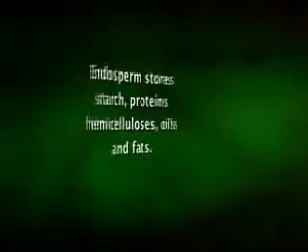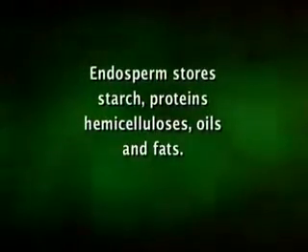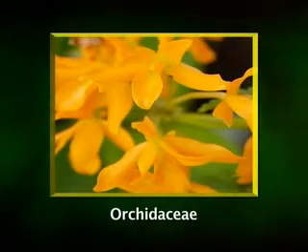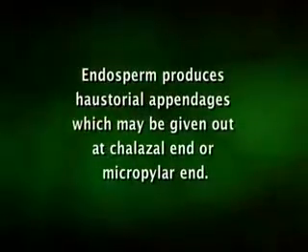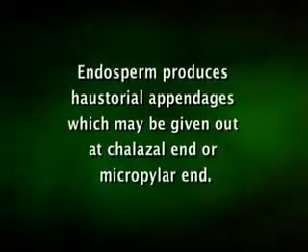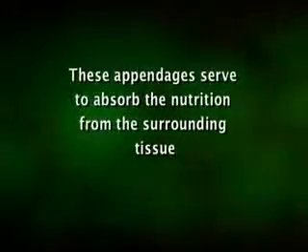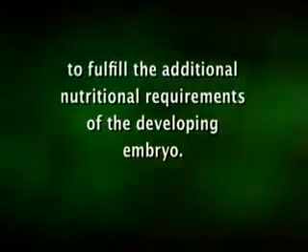Next structure in the seed is endosperm. Endosperm is a nutritive tissue. Endosperm stores starch, proteins, hemicelluloses, oils and fats. Some plant families like Trapaceae, Podostemaceae and Orchidaceae are remarkable in lacking this tissue. Endosperm produces haustorial appendages which may be given out at the chalazal end or at the micropylar end. Haustorial appendages may also be given out laterally. In several plants, haustorial appendages are given out at more than one place. These appendages serve to absorb nutrition from the surrounding tissue to fulfill the additional nutritional requirements of the developing